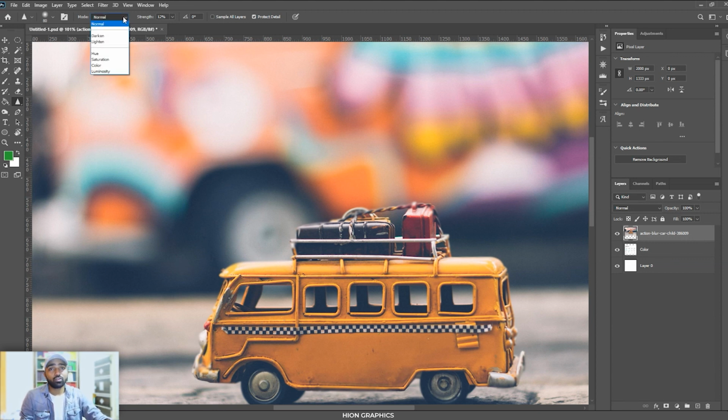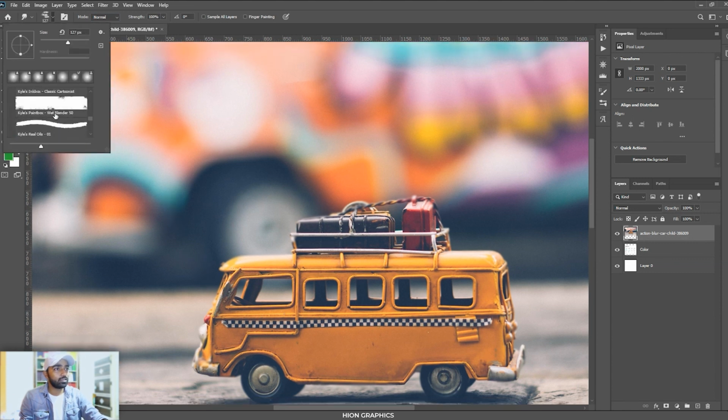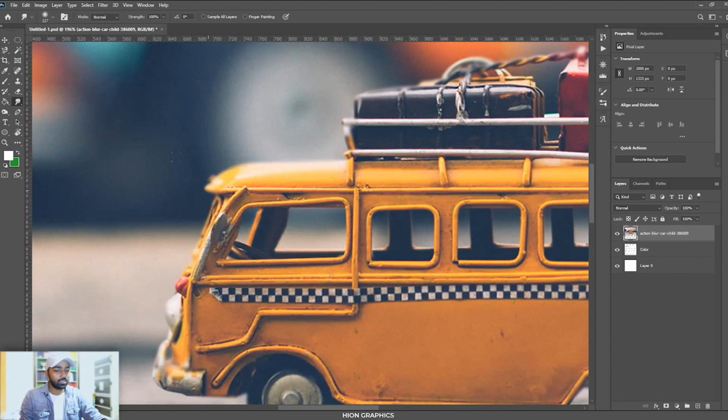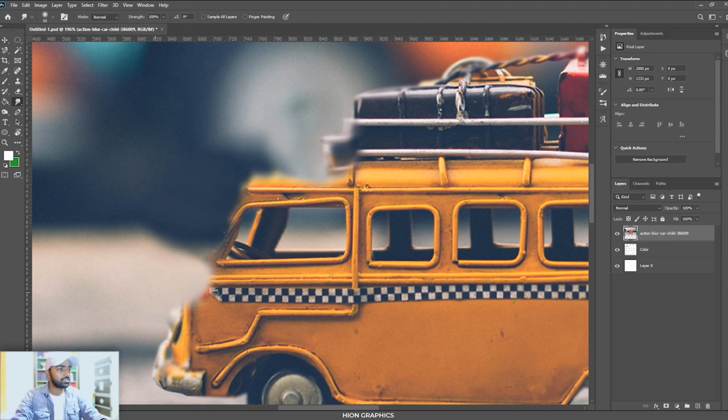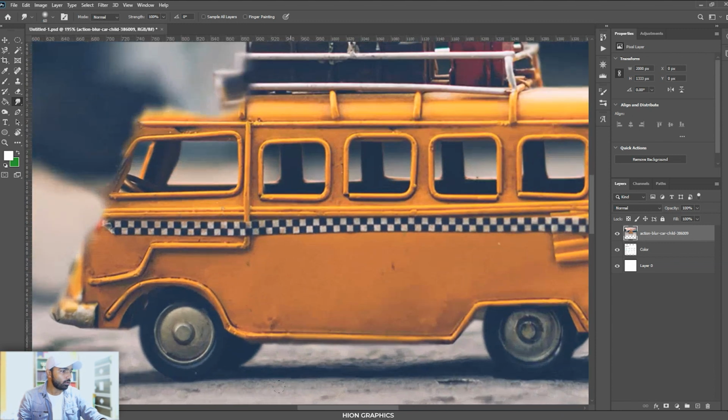Okay, there are a lot of blend modes also, those we will talk about in later related tutorials. So let me come to the next tool, that is the smudge tool. What the smudge tool does is, I have used some other brush previously, so let me come to the soft round, and if you see, this is the smudge tool that I will be using on this. It will push the image somewhere inside, right? You can see it pushes the things inside. If you feel that some edges are coming outside of the image and some blackness is coming, you can push it. So I want to see something like this.